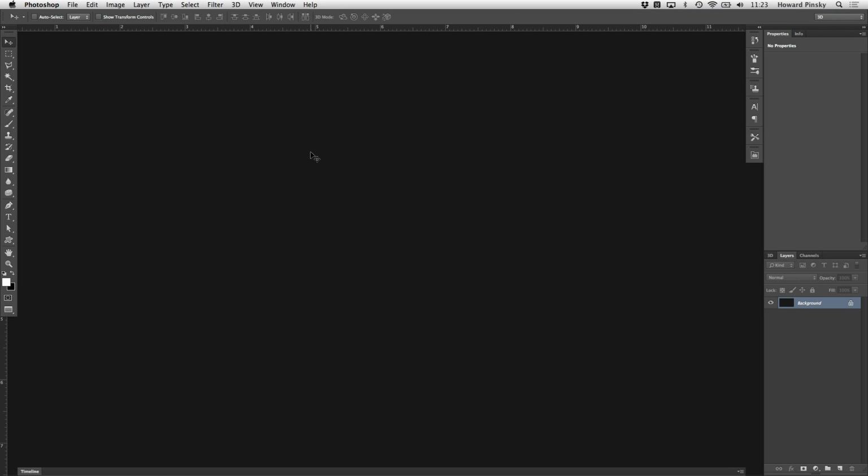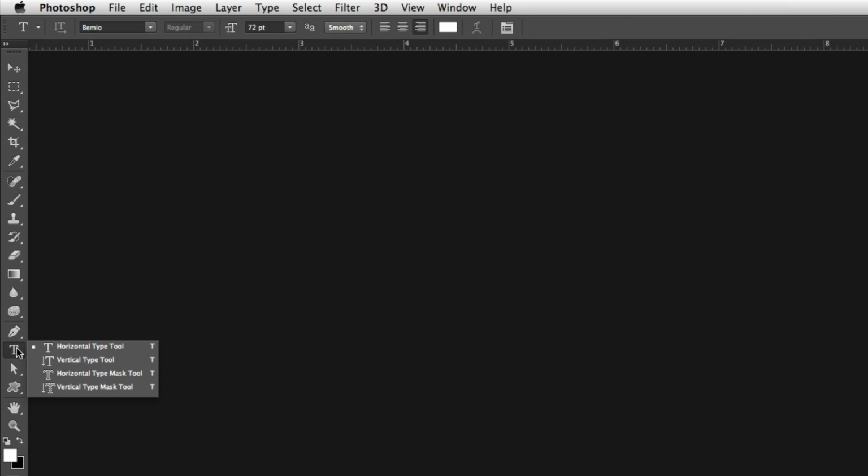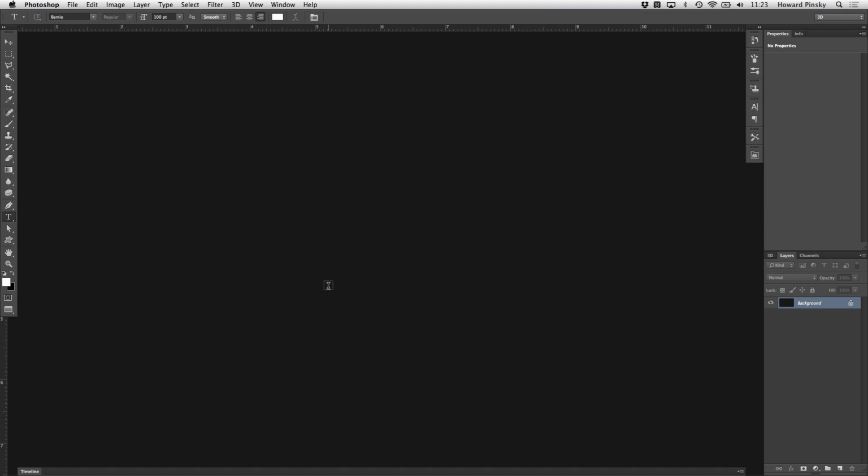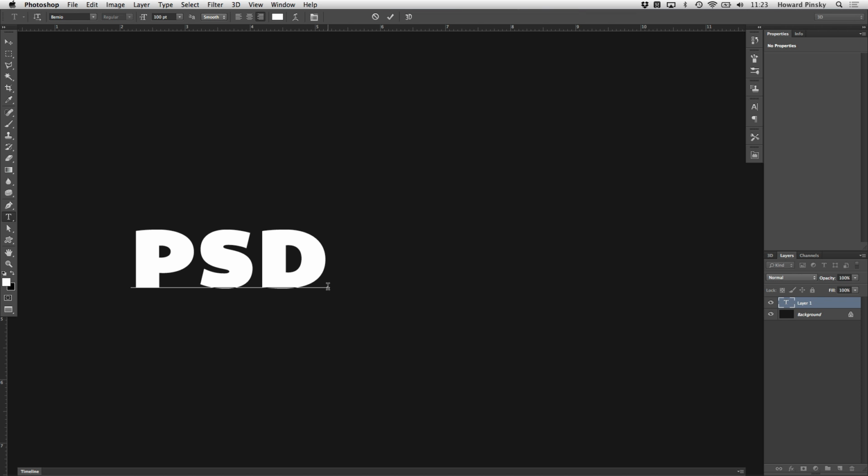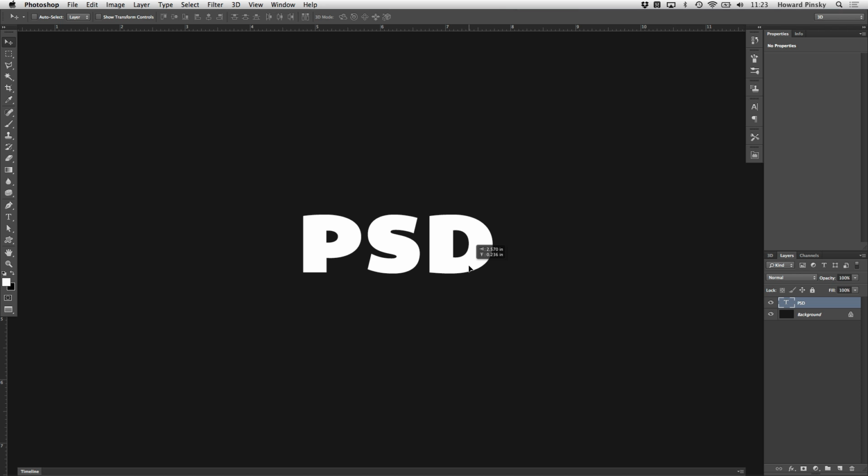Let's get to it. When starting out a 3D text design, you're going to start out like any other type-based project, with the Type tool. It's usually a good idea to set your type properties beforehand, but in Photoshop CS6, even after you've converted your text into a 3D mesh, you still have the ability to edit your type later on. From my experience, the thicker the font, the better.